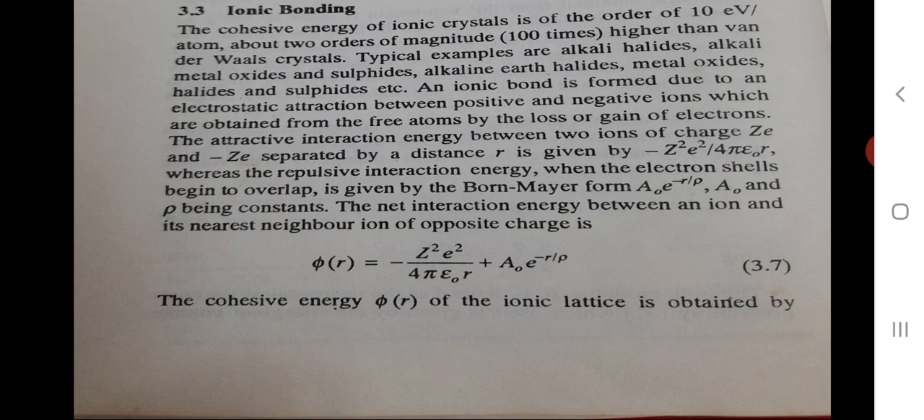An ionic bond is formed due to an electrostatic attraction between positive and negative ions, which are obtained from the free atoms by the loss or gain of electrons. The attractive interaction energy between two ions of charge plus Ze and minus Ze separated by a distance r is given by minus of Z square e square upon 4 pi epsilon naught r,